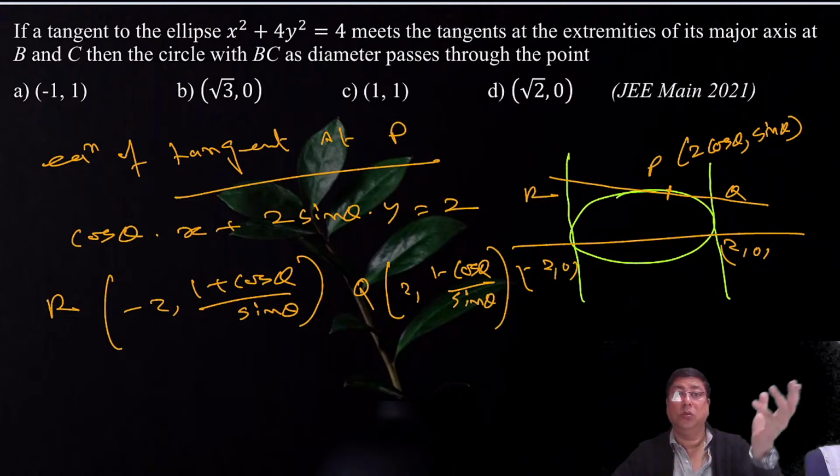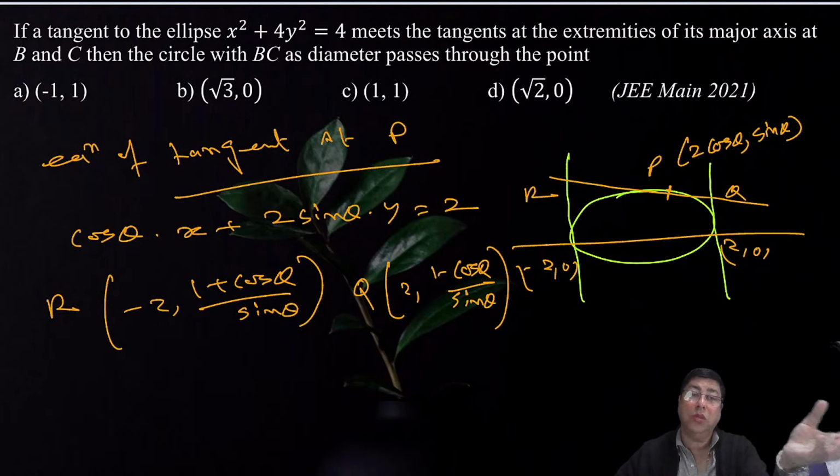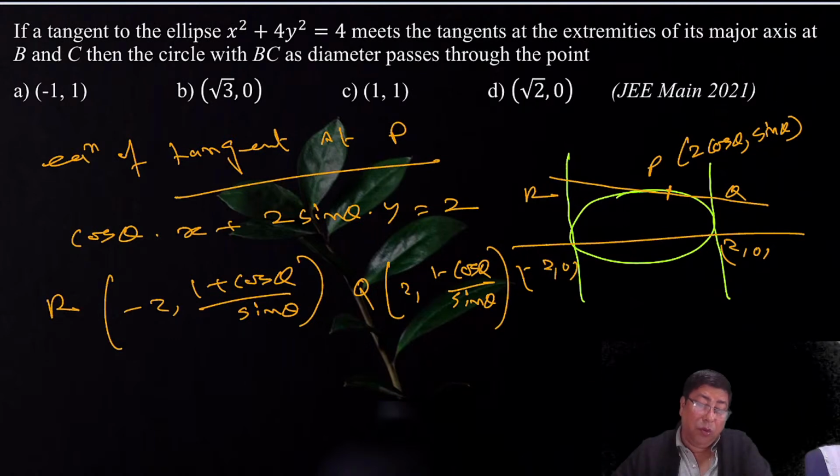1 plus cos theta is 2 cos square theta by 2, sin theta is 2 sin theta by 2 cos theta by 2. Similarly, 1 minus cos theta is 2 sin square theta by 2, and in this way you have to calculate first. Now the equation of the circle,